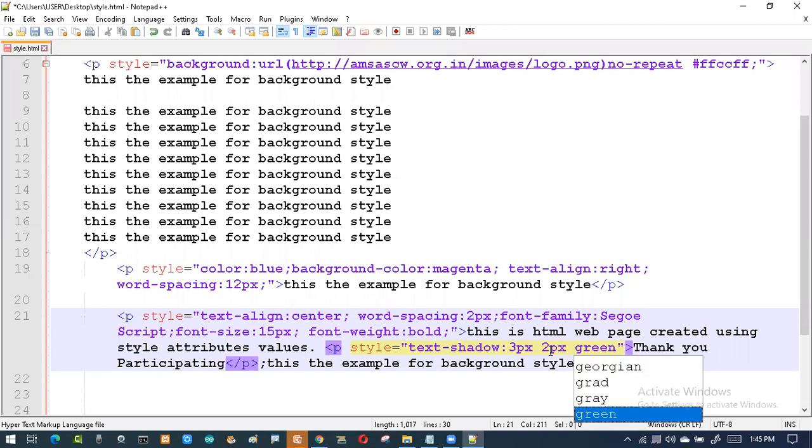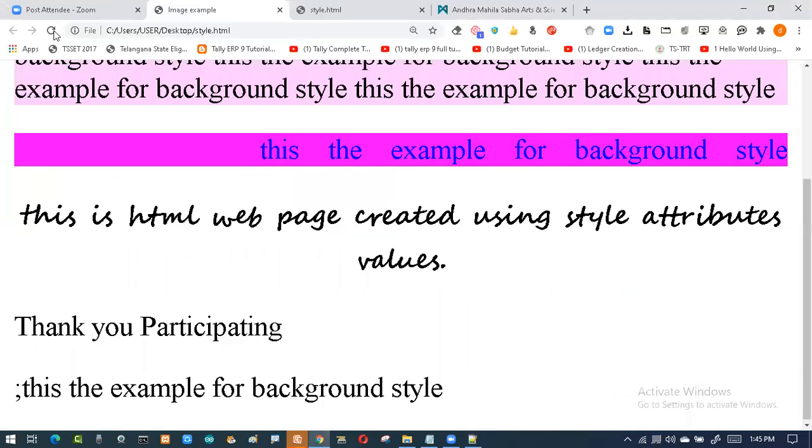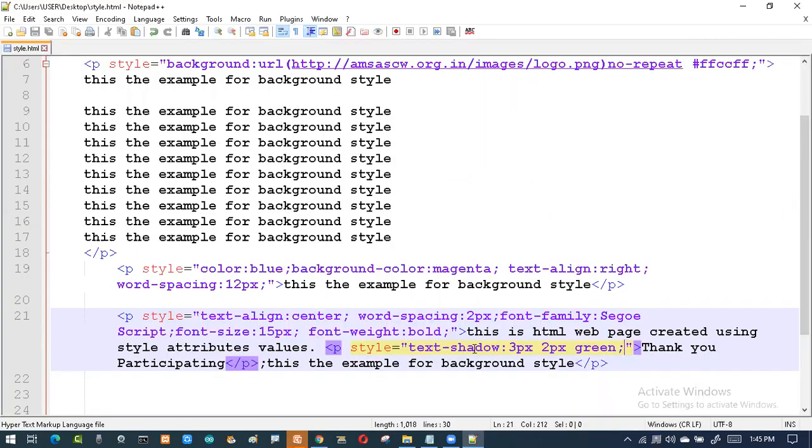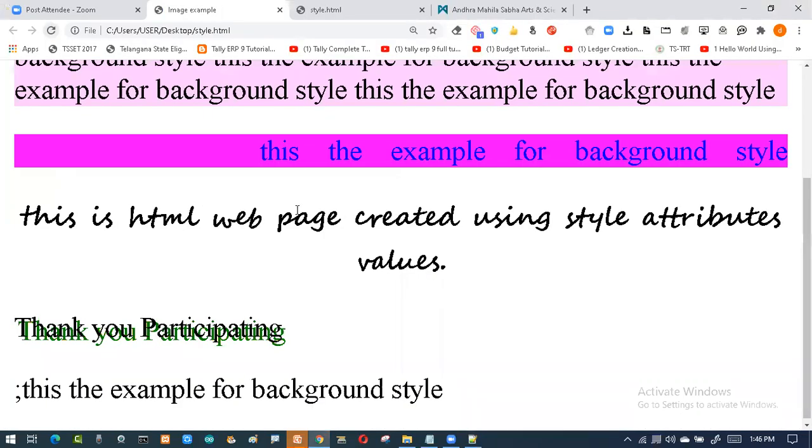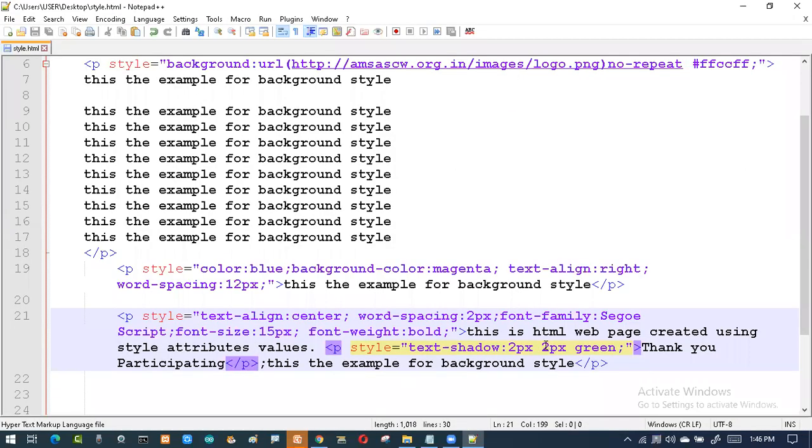It will take 3 parameters: color and the XY position. Now you got the shadow. So you have to just adjust that one. So it is saying 3. So I check 2. So now we'll see whether the shadow is going to come. Yeah. So here I'll be saying a little bit 1.